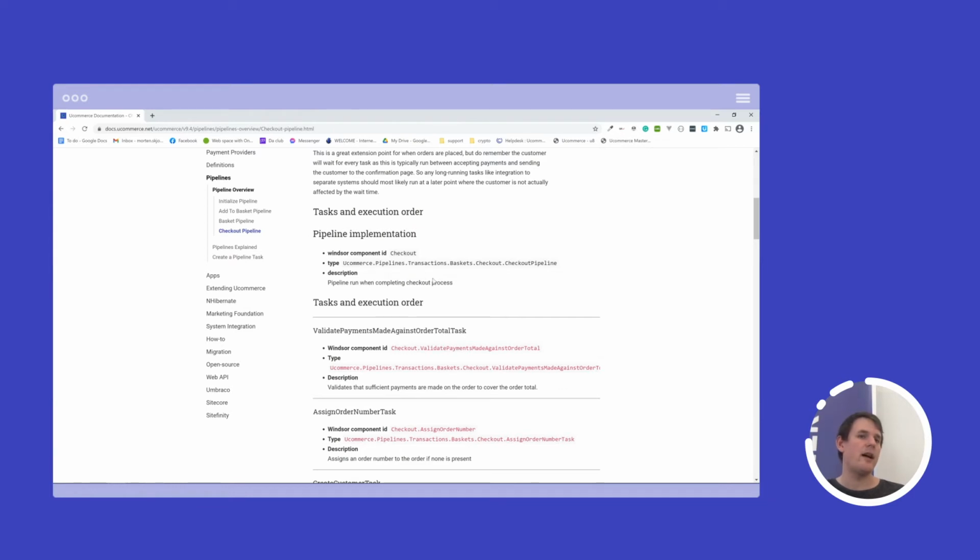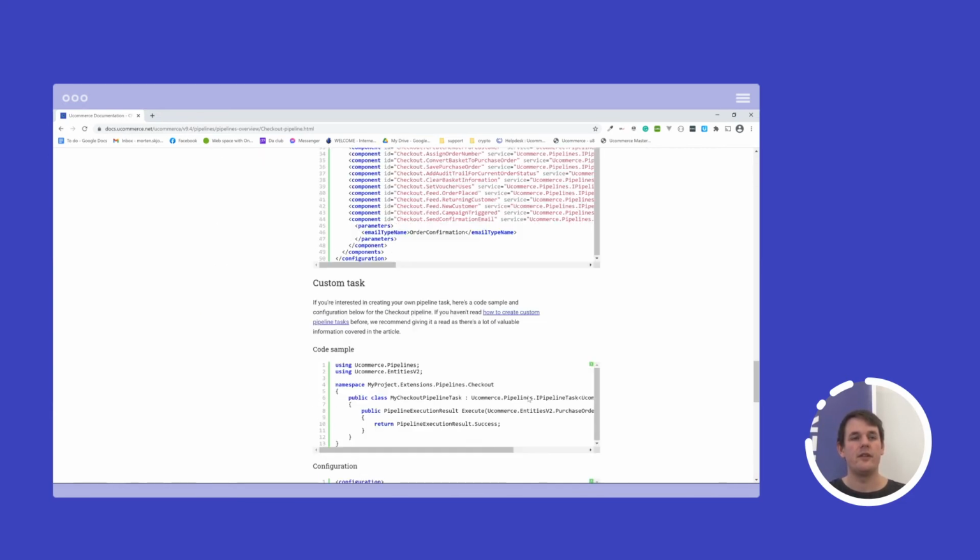So in this case, the checkout pipeline is being run when the order is being checked out. Once the customer has entered his credit card information and we have evaluated with the payment gateway that the payment was okay, then we execute the checkout pipeline. So that's another event that's going on that you can look into. This is the stage where the customer has actually paid, so we are ready to check out the customer and convert his basket to an actual order. And that is the responsibility of the checkout pipeline.